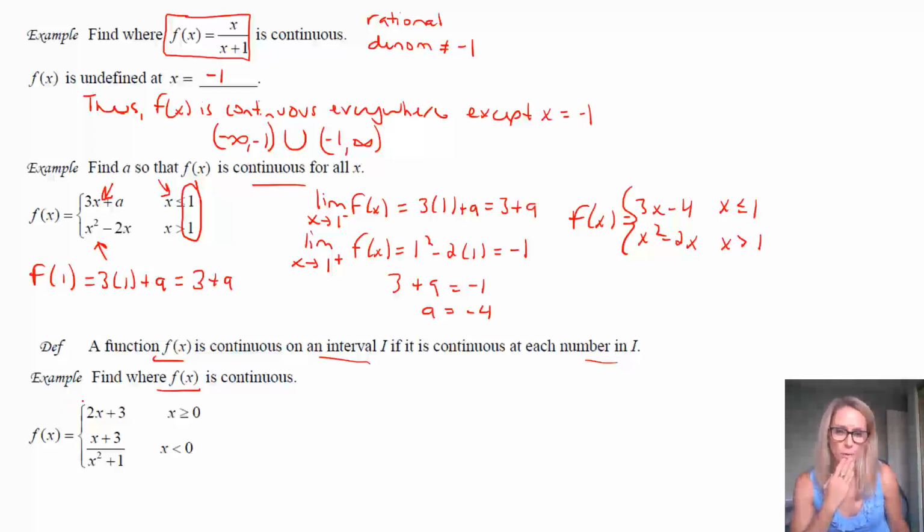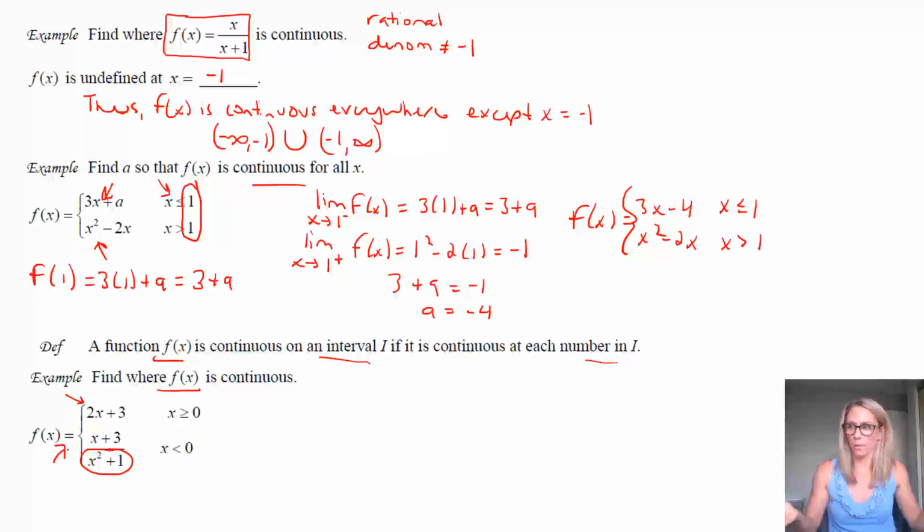So big things to see here, of course, very, very similar to what we just did. We have a line and we have a rational function. So all we do is recognize that this rational function has no issue. It actually doesn't, because there's no value that can make the denominator 0. No matter what you plug in, you're going to square it. Well, that's positive. You're going to add 1. That's positive. So those two things actually have domains of all real numbers. So the only place you're going to have an issue is 0.